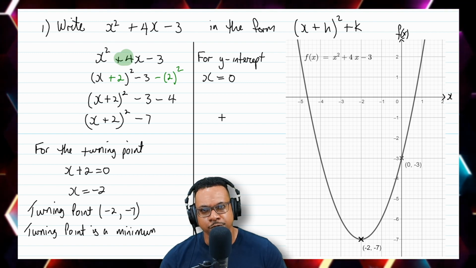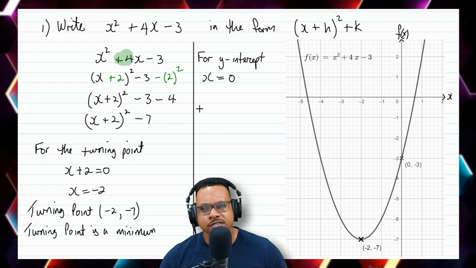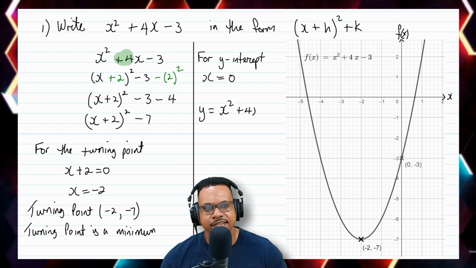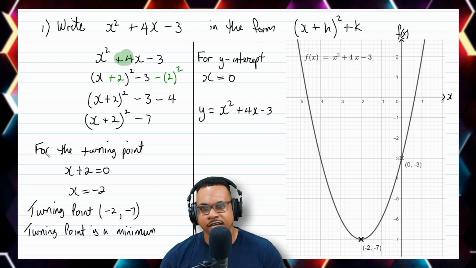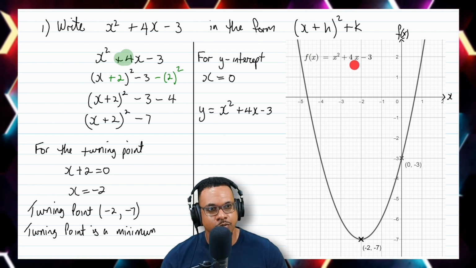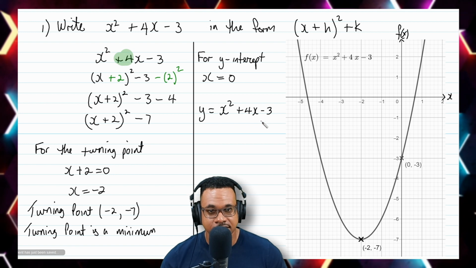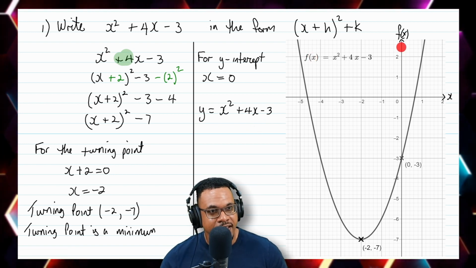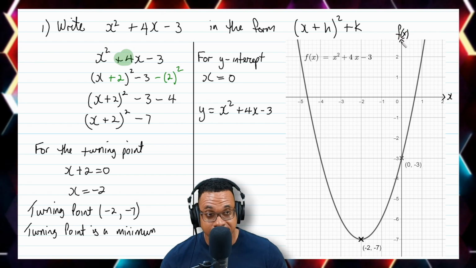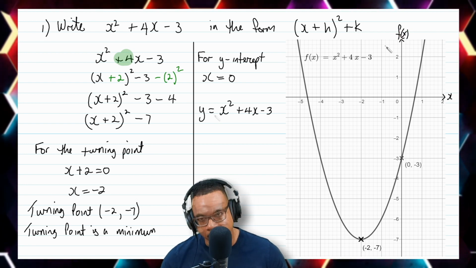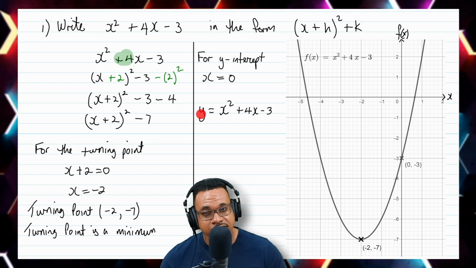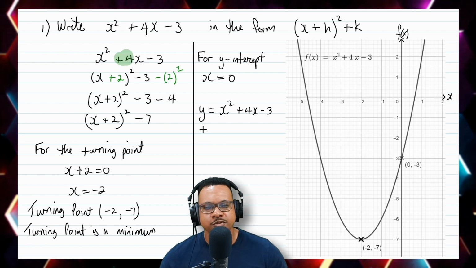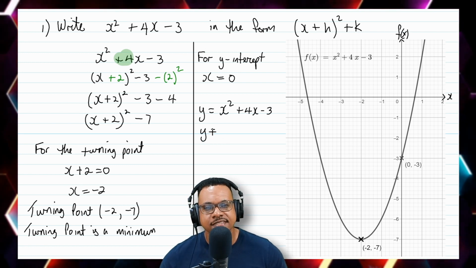X is equal to 0. So if I were to put y is equal to my function, which is x squared plus 4x take away 3, then I have f of x here is equal to the quadratic, and here I put y is equal to the quadratic. Well, y is equal to f of x. So you see for the y-axis, I put f of x. Well, the y-axis or the f of x-axis mean the same thing. So I can replace this y with f of x, or I can replace f of x with y, it means the same thing. So now when I substitute x is equal to 0, I'll have y is equal to 0